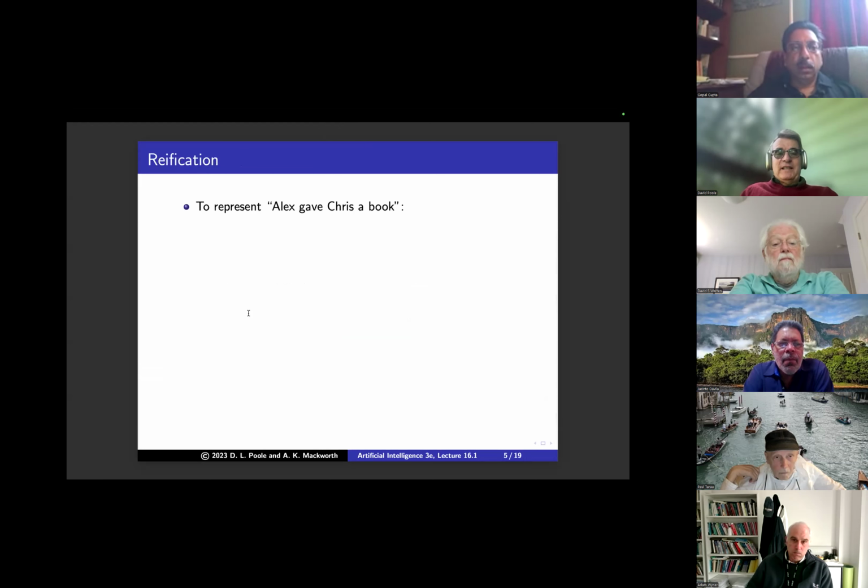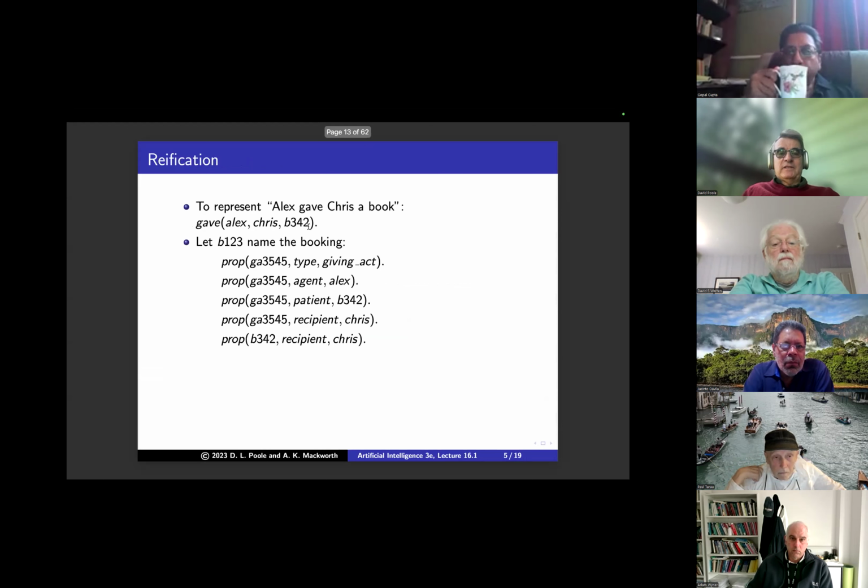All right. So we're introducing types and Boolean functions. And then to represent things that seem too complicated to represent in triples, like Alex gave Chris a book, what we do is we invent. In Prolog, it might be gave(Alex, Chris, this particular book). And now to represent that in triples, we can name this action.